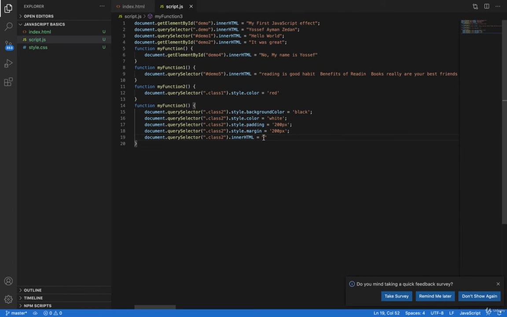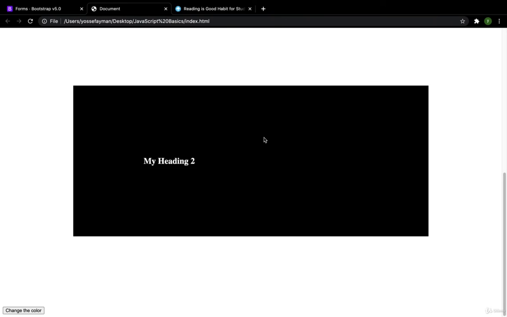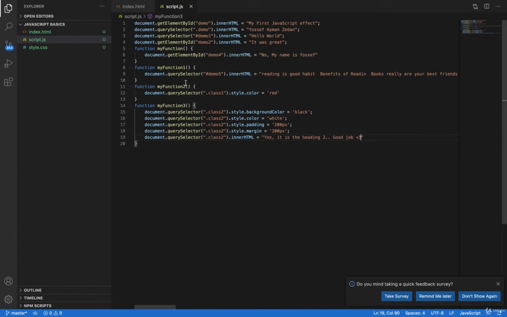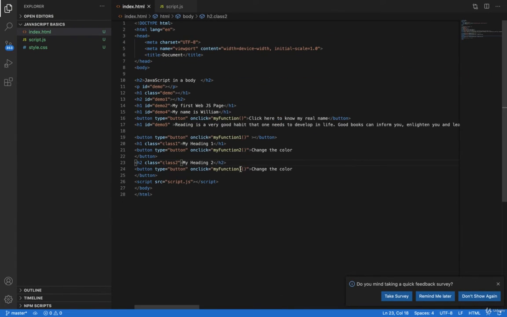And here we have my heading 2. Yes, it is the heading 2. Good job. Then when I go back and click here to change the color, here I can change the color,